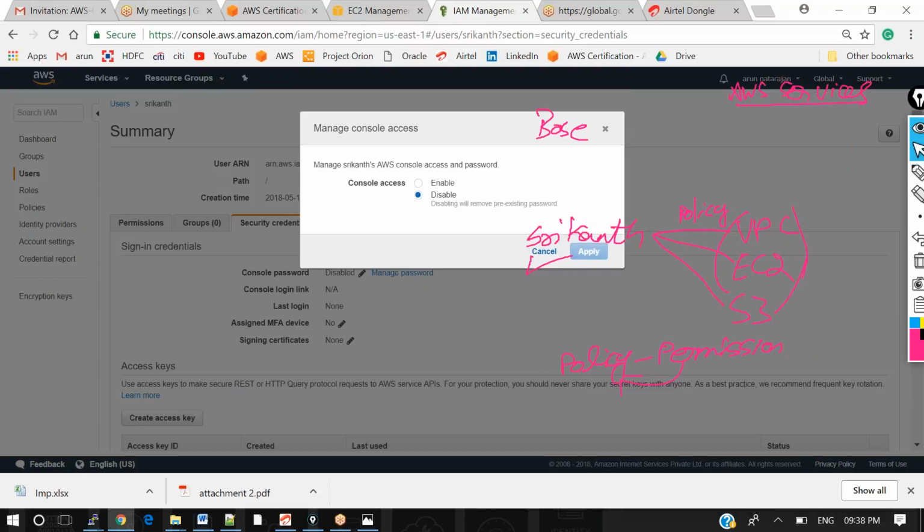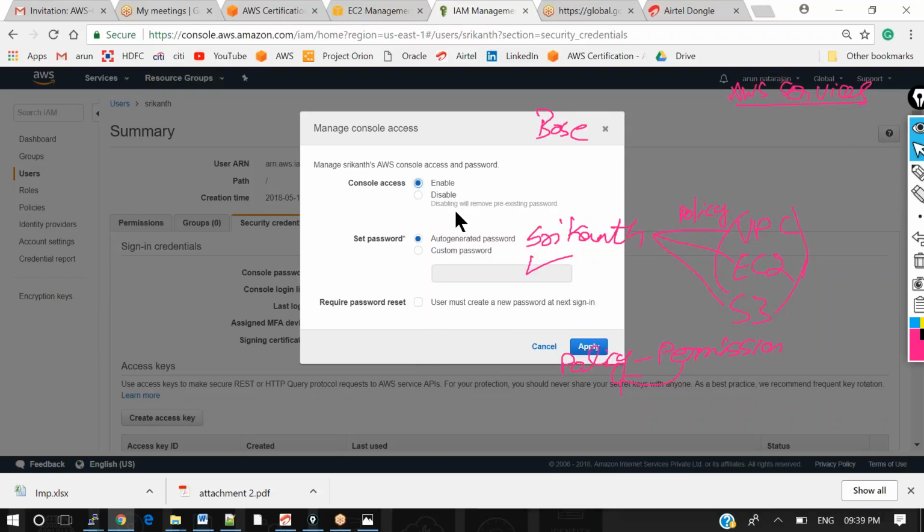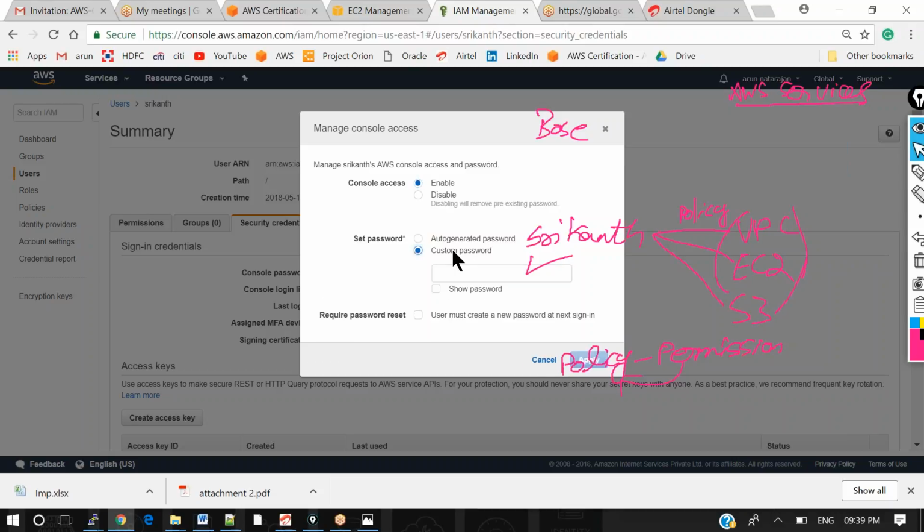So here I haven't created a password for the user, so let me create a password for the user Srikanth.